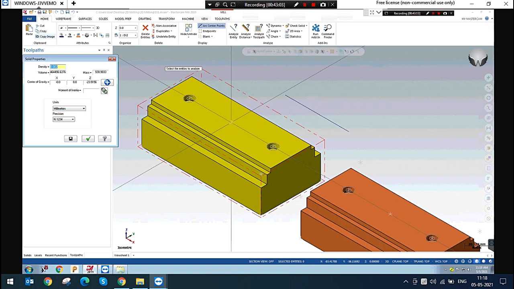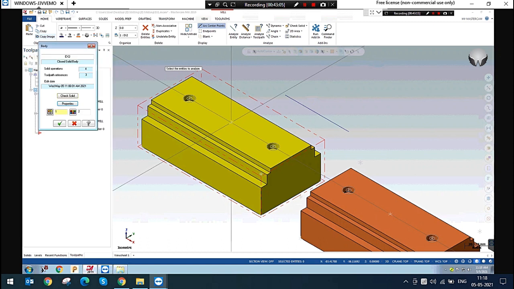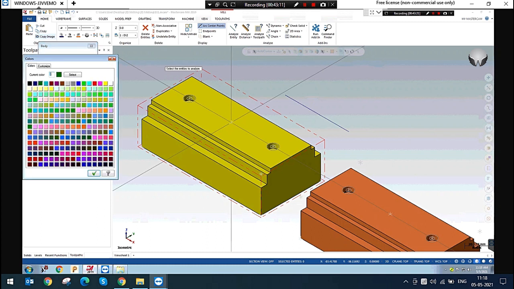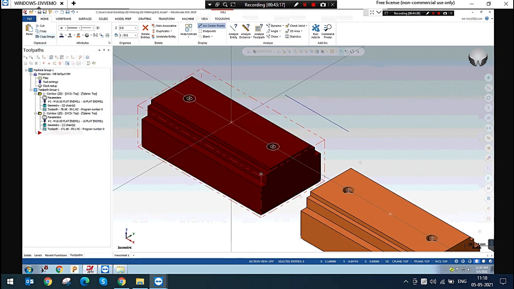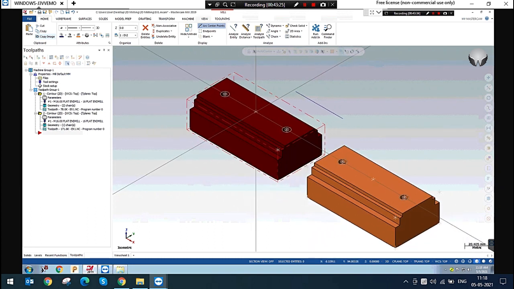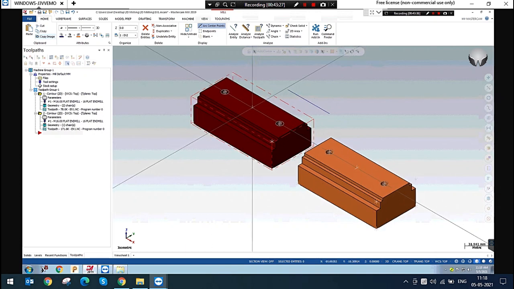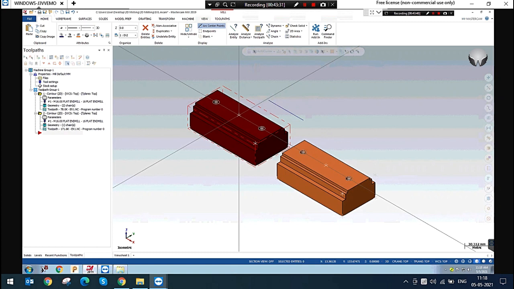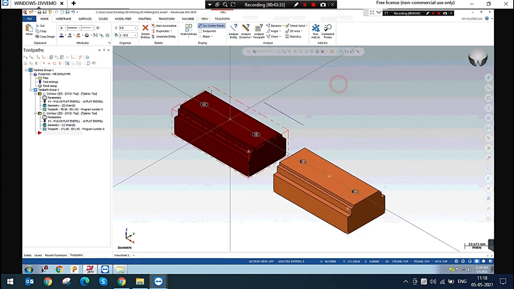Here you can also change the level and the color. What color do you want? You can see the color has been changed. Yes, this is the analyze entity option. You can simply analyze any entity, and it will be shown.